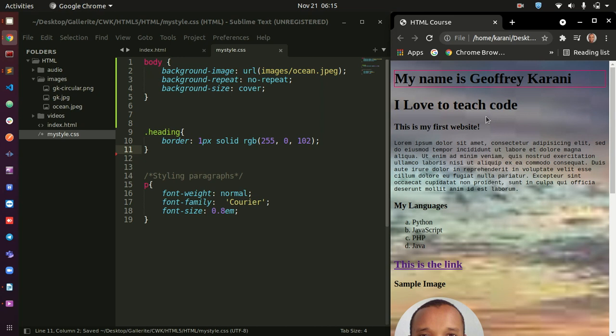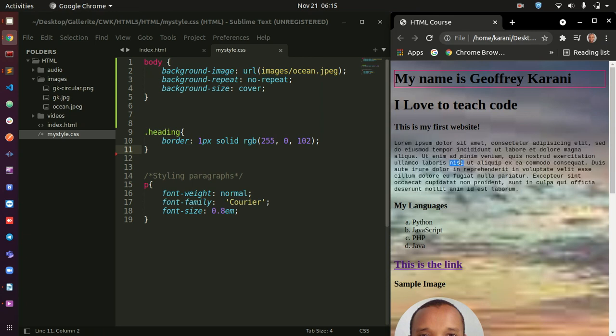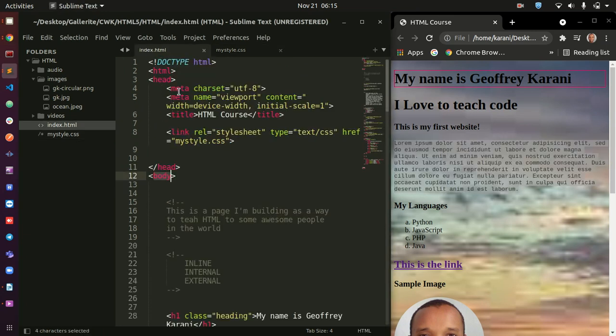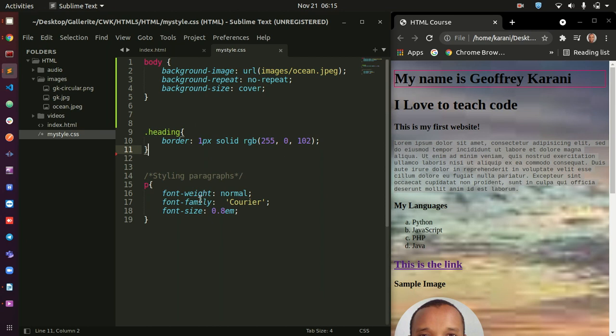Okay, that's okay. So I want to do borders with this part of our page, and I know this is the paragraph tag we had, because you can see this is where we have the lorem ipsum text. So we can go ahead and do something with borders at this point here.